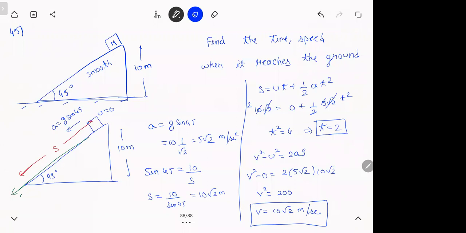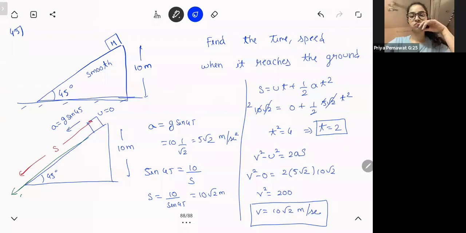Clear? So yeah, that's the last one for the day. I think with that we'll wind up today's session. So any doubts in today's